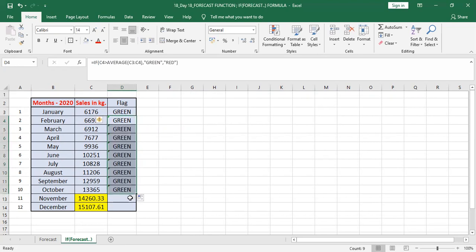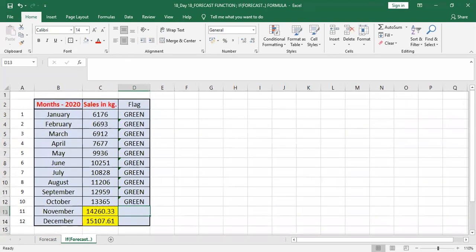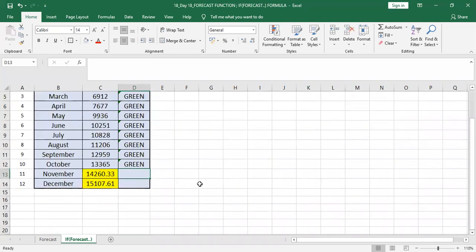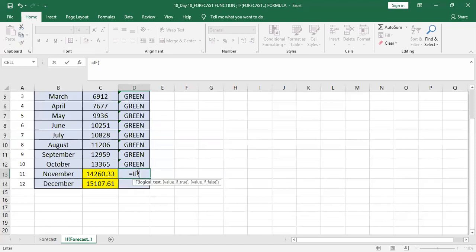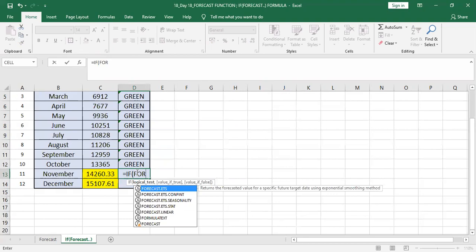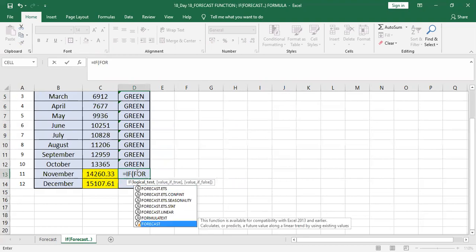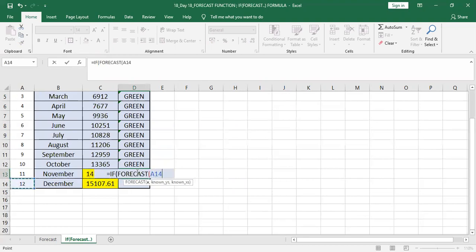Okay, again, we can get the value afterwards also, but we want to use the IF formula with the forecast formula, and please pay attention here now. Okay, so I'll show you. It will be equal to, okay, IF tab. Now I want the forecast to be done, right? So I'll just use FORECAST tab. Then my x will be this, oh sorry, this cell. This is my known x, it should be like this.